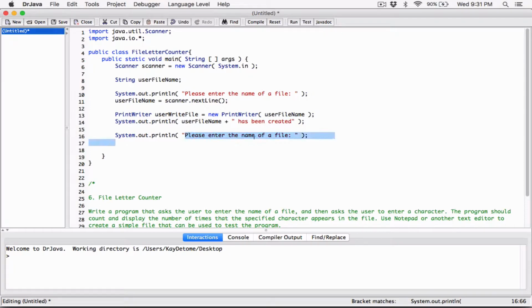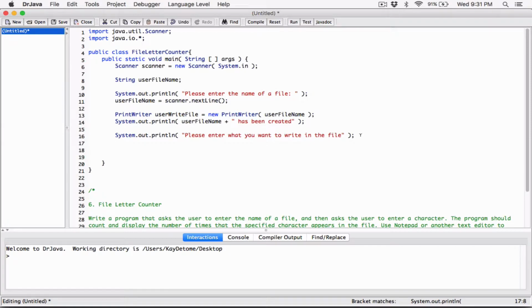So I'm just going to change the contents of this print statement and say, please enter what you want to write in the file. And the user is going to type in something. Again, I'm going to use a scanner.nextLine method to accept inputs from the user. It's going to pop up a text box and allow the user to type in something, and it's going to return what the user typed as a string. But when it returns it, we need a place to store it. So I'm going to create another string variable,